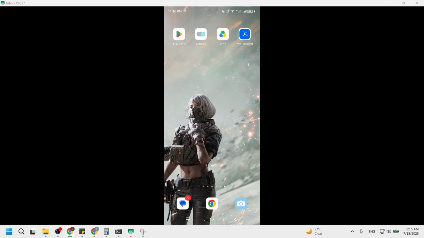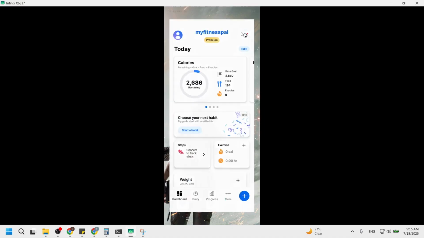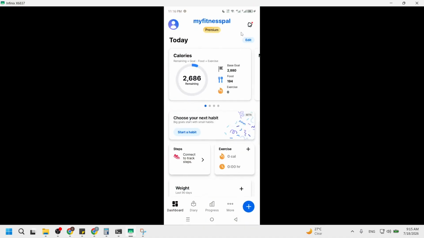First, launch the MyFitnessPal app on your device. You will see the familiar interface filled with your daily food log and activity tracker. This step is essential because it opens the gateway to your profile settings. Without accessing the application, you cannot make any necessary adjustments. Once the app is open, take a moment to familiarize yourself with the layout, as this will help you navigate